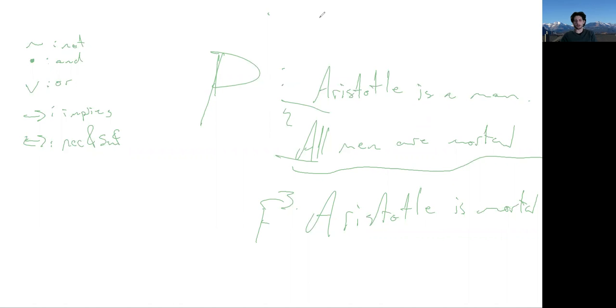Soundness is where we actually talk about what's going on in the real world. That's validity plus actually having your premises being true. But validity is just, regardless of what your premises are, if we hypothetically imagine that you're being right with your starting points, are you legitimately getting to your conclusion? Are you actually entailing your conclusion from your premises, or is there a way for me to jump ship? Is there a way for me to say, you might even be right with your starting point, but I don't have to accept where you're going with this?